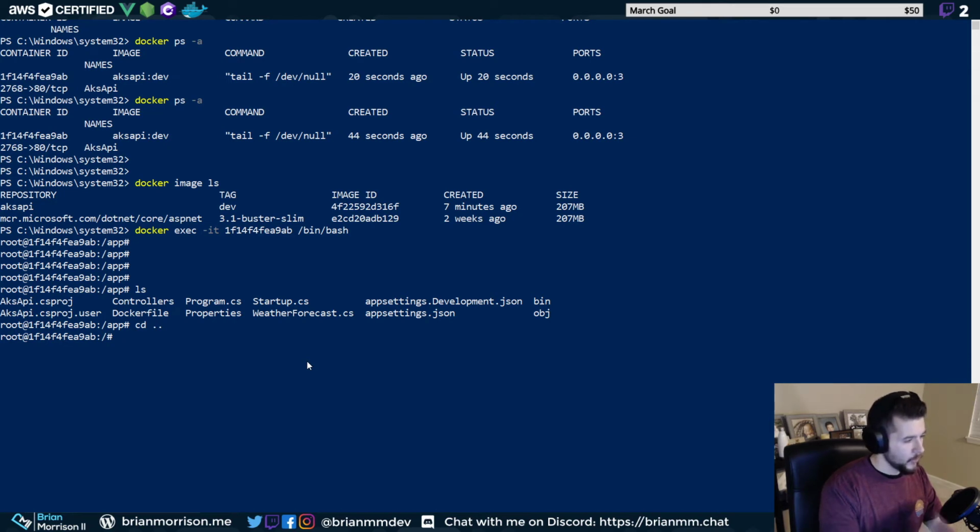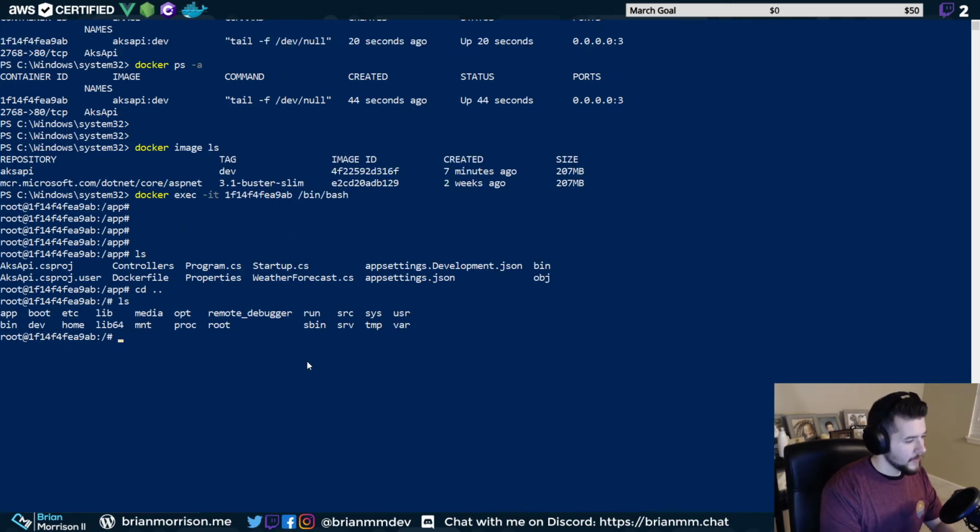Two dots (..) means go up the path. And ls, and then you can see here's the root of this particular container. So if you're ever doing things like copying files into it or mapping it, and it doesn't seem to be quite what you're looking to do, you can jump in here and work directly inside of the container, which is